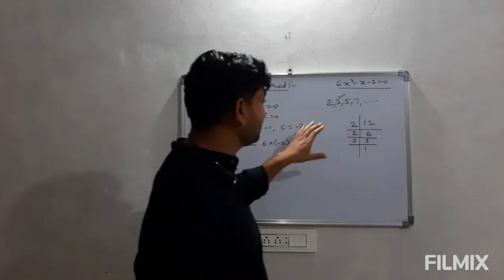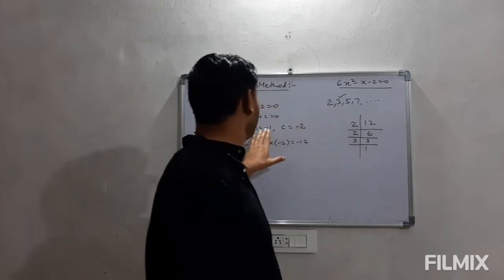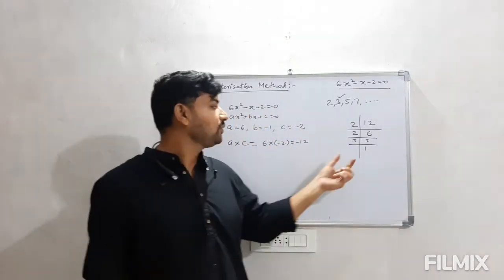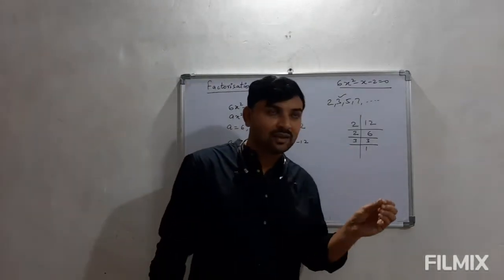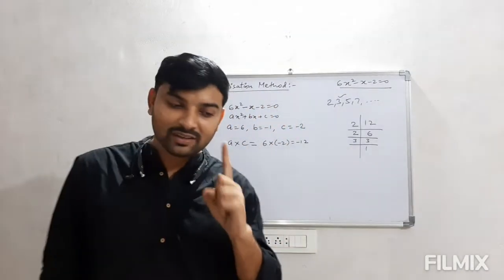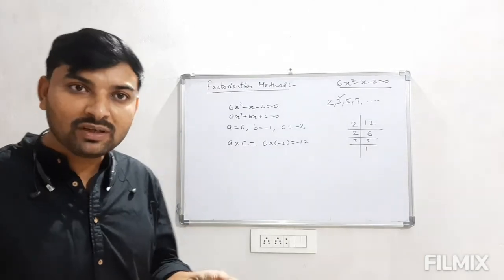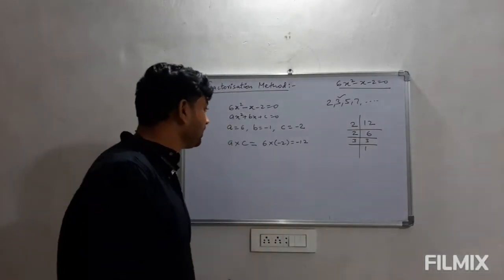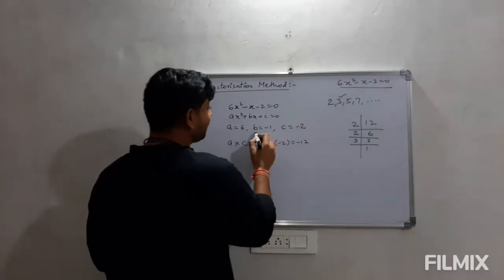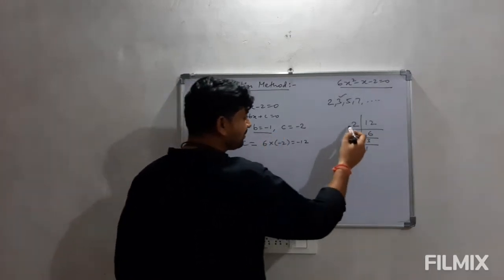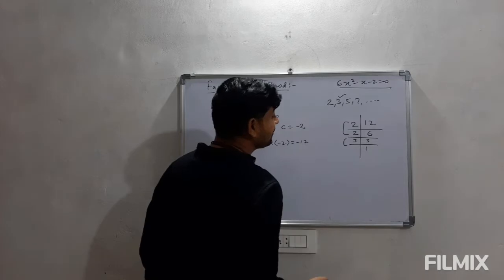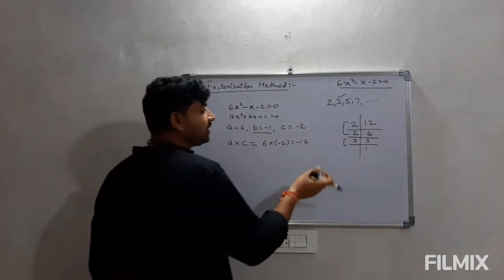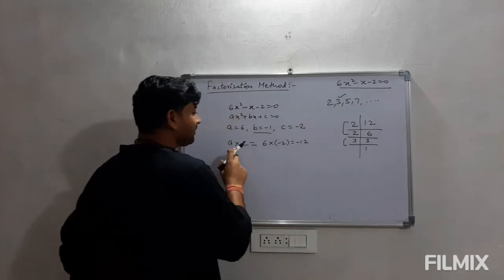In some cases we will not be able to represent it directly by using these factors which we are getting here. In that particular case we will use 1 as the factor, because for every number there is a fixed factor, that is 1. 1 is factor of every number. तो जहाँ हमको रिक्वायरमेंट लगेगी हम 1 को भी यूज कर सकते हैं. Now here the value of b is -1. We have to rearrange these 3 factors in such a form that we get -1 on addition, and on multiplication we get -12, that is a into c.